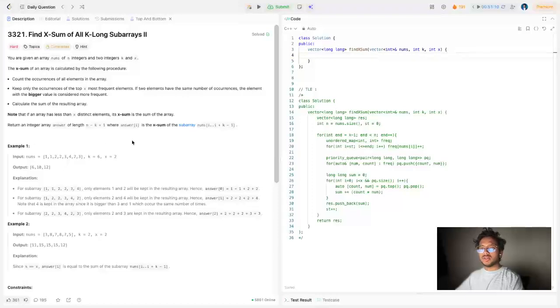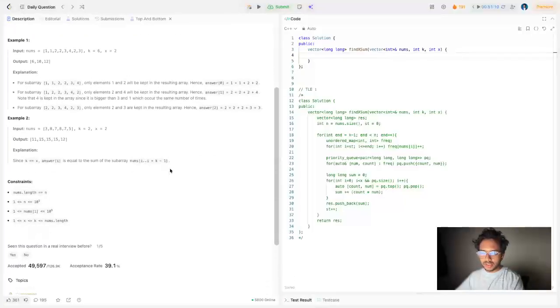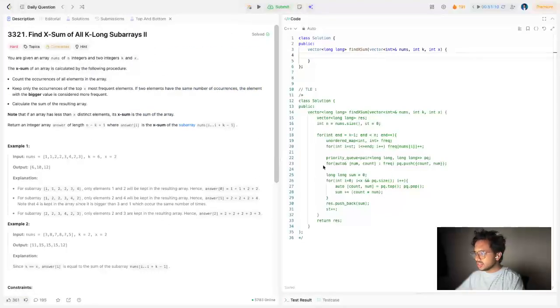Hello everyone. In today's problem, we have to find the x-sum of all k-long subarrays, which is problem number 2. The description is the same as yesterday's problem, but it's a bit harder because if you have a look at our constraints, the length could go up to 10 to the power 5 and nums can go up to 10 to the power 9. So if we use yesterday's solution,